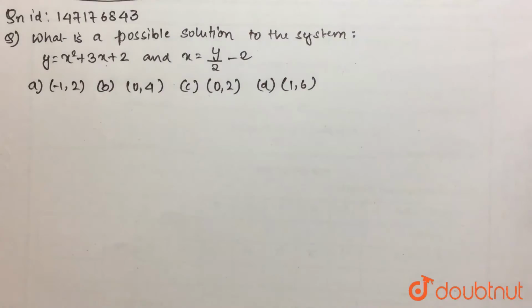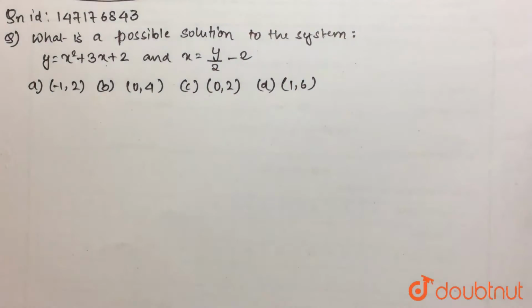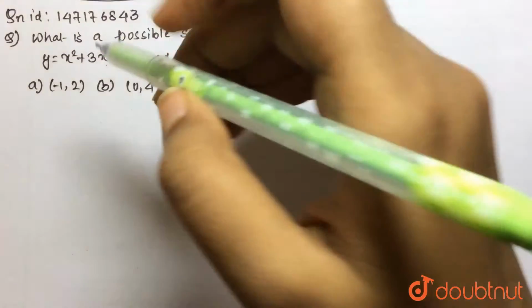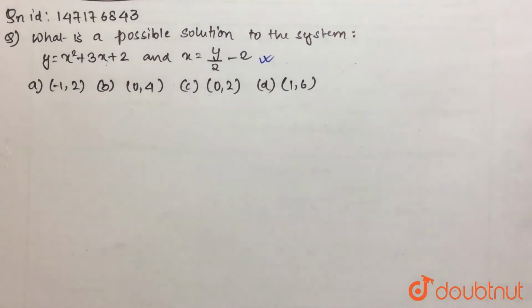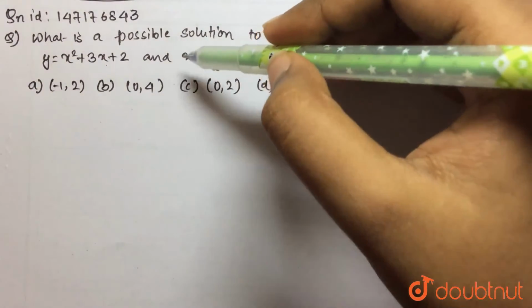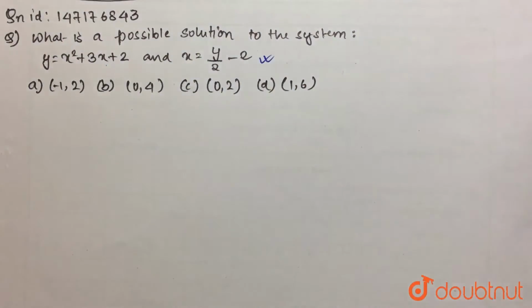Here what we are going to do is, see, we have two unknowns and two equations. So these two equations will help us to find the value of the two unknowns. But see, you can't solve two equations when one is quadratic and the other is linear. So you have to find some substitution method to solve this, right? So here, since we have two variables, you see this second equation can help us solve the first equation, right? So you see in the second equation, x equals y by 2 minus 2, we can either substitute the value of x as it is, or we can express y in terms of x to substitute in